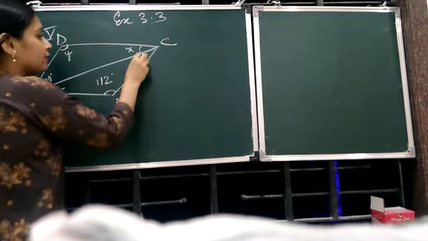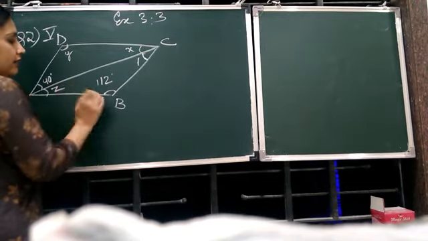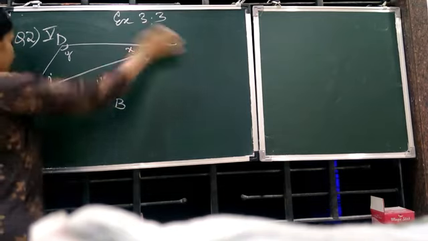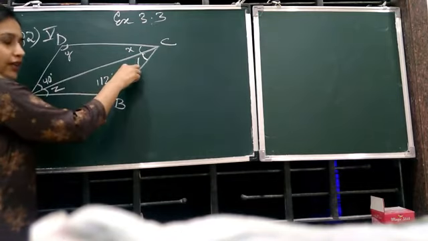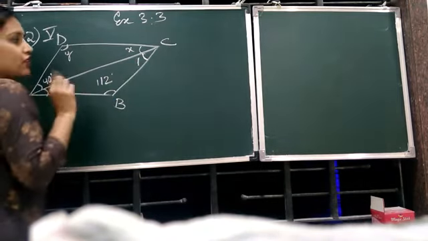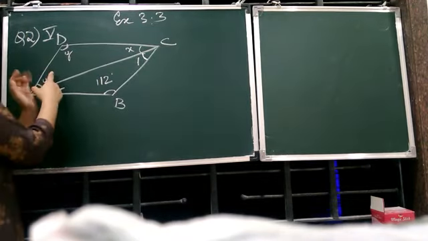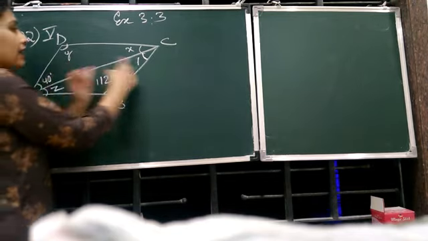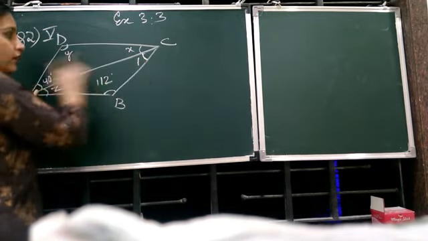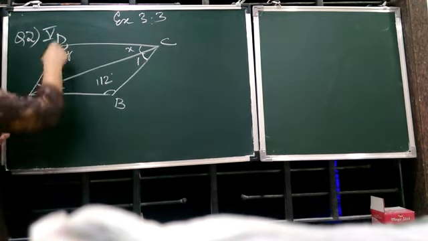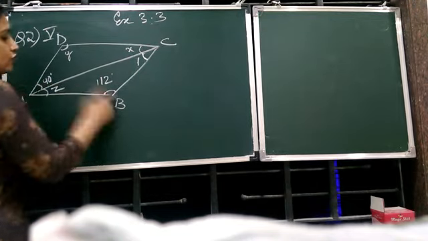If we name it 1, then it will be very easy for us to indicate which angle we want to write, instead of saying angle BCA. Now, the 40 degree angle and angle 1 will be equal. Why are they equal? Because they are alternate angles. How are they alternate angles? These are the parallel lines and this is the transversal. Yes, and you can say formation of Z again.